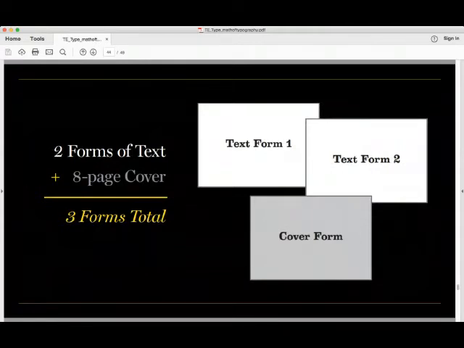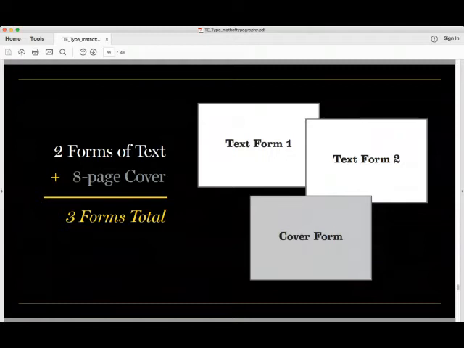So in my mind, when I see that, I go, I have 6 checks to do, 6 press checks. And that's a long day to do all those, because depending on the quantity, you'll do a check and say, everything looks great, run it. 3 hours go by, they finish that, and now we're running the other side. So if you do the math there, you're pretty much going to be there all day. Okay, so we have a cover running on heavier stock and the text running on a lighter stock.